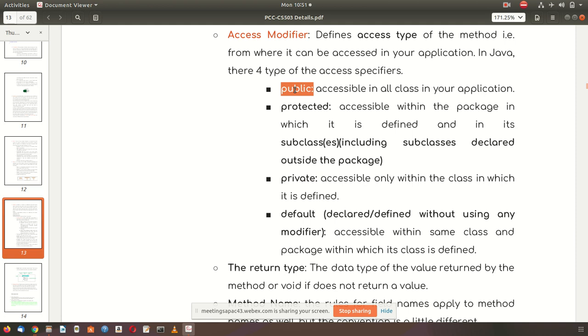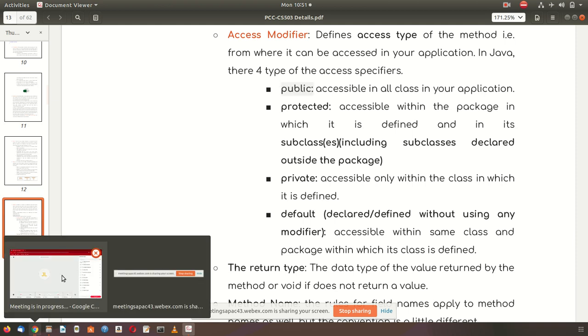Public means this is data which we can access without inheritance also. And secondly, if we perform inheritance, then also it is accessible.